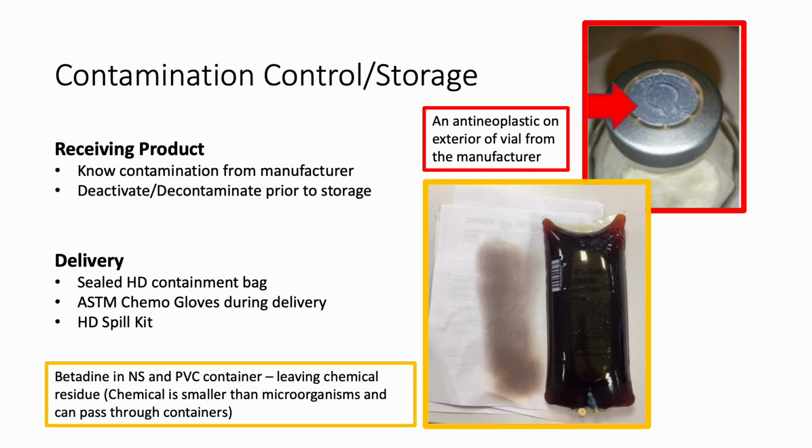Also, we need to take into consideration our compounded preparations that are hazardous. We need to ensure that we seal them in a hazardous drug containment bag, use ASTM chemo-rated gloves during delivery, and always have a spill kit on hand in case of an accident. The picture on the right in the yellow is a picture of betadine injected into a PVC bag. We can see after studying it on paper for hours, the paper turns black, showing that chemicals can get through